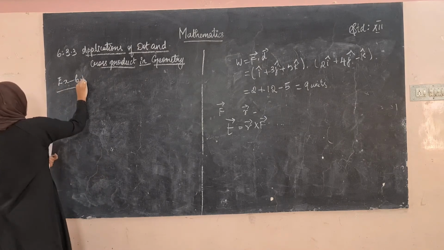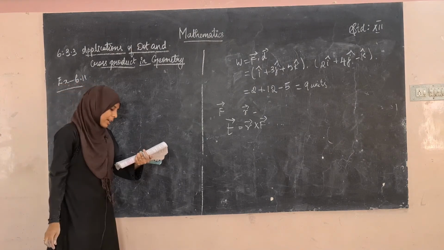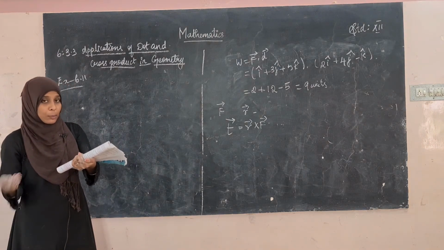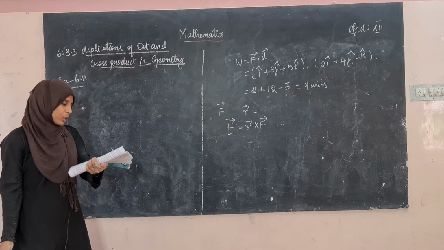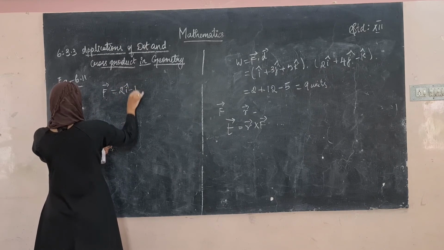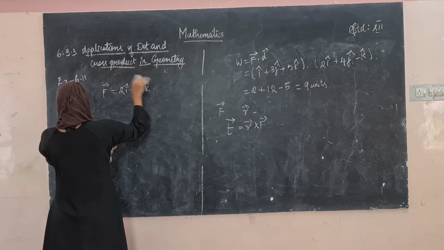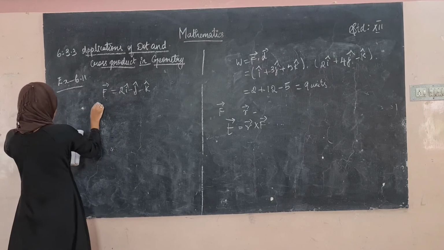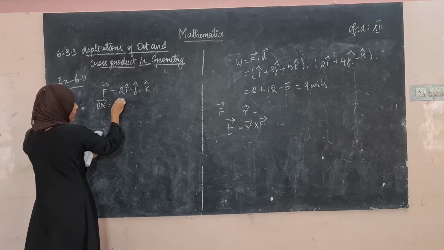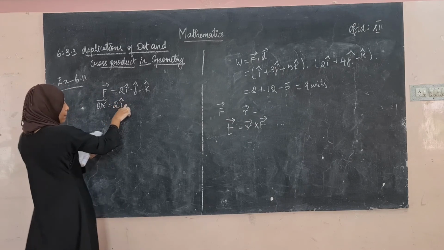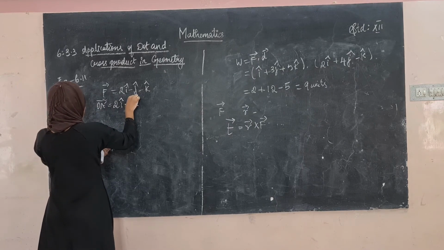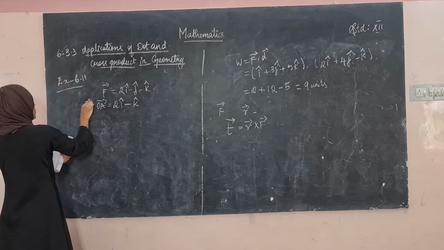So 6.11, see the question. Find the magnitude and direction cosines of the torque about the point. So the position vector is given as 2, 0, minus 1, the point of application of a force. So what is the force here? F vector is equal to 2 i cap minus j cap minus k cap. So OA vector is 2 comma 0 comma minus 1. So 2 into i cap plus 0 into j cap, this is nothing, and minus 1 into k cap. So this is the r vector, the position vector.